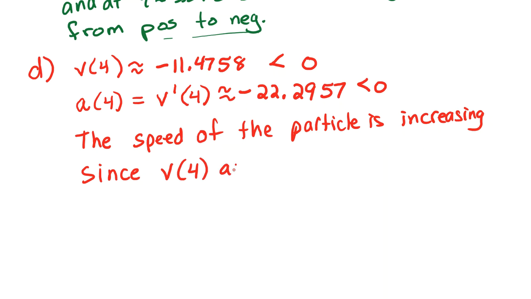Since v of 4 and a of 4 have the same sign. Or should we name those? That might even be a little more precise, since I already called them v of 4 and a of 4. So we might even be more accurate here if we show that we know these are velocity